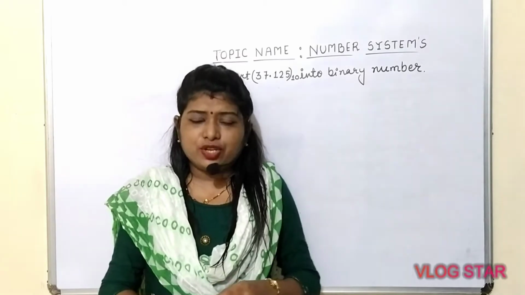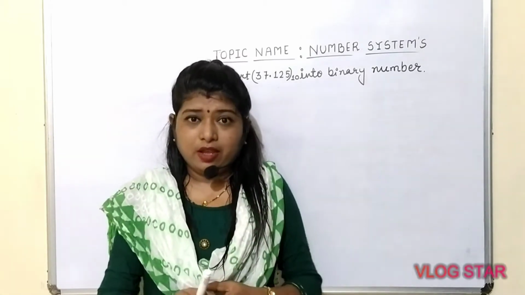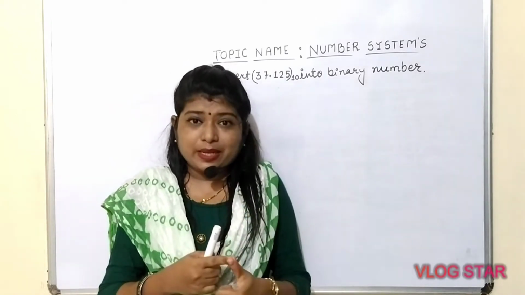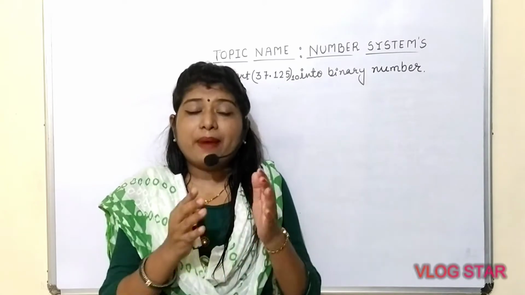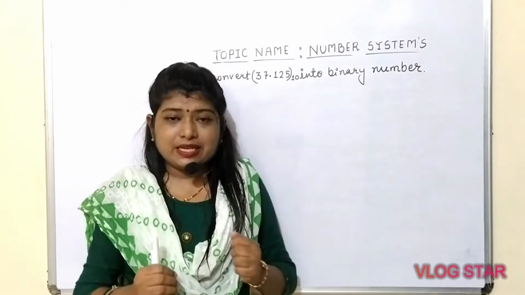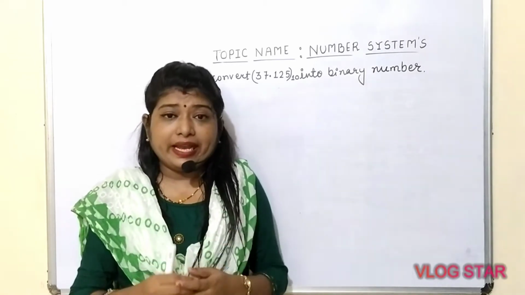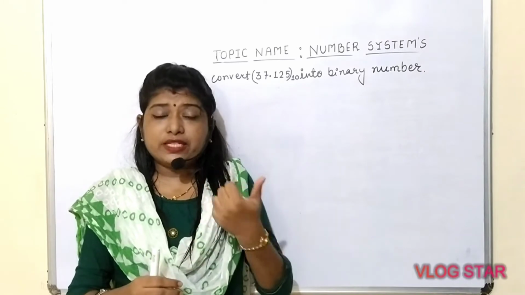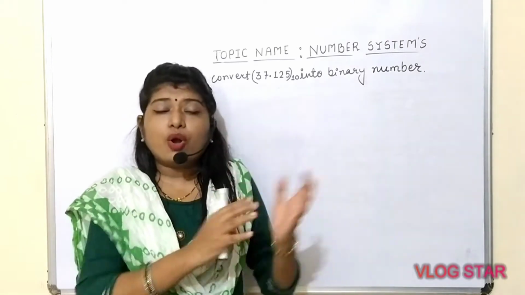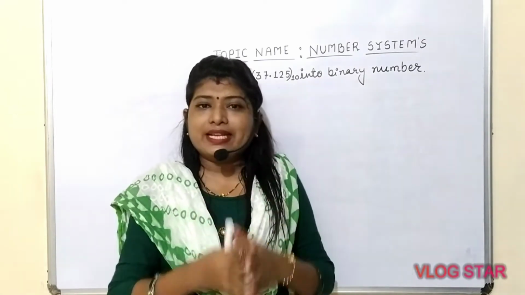In the previous lecture we had studied under number system there are four different types. Which were there? The first one was decimal number system, second one was binary number system, then we had studied octal number system, and then the last one was hexadecimal number system. Am I right? So can you just tell me the base for the binary system is what? It is always 2. For octal it is 8, for hexadecimal it is 16, and for the decimal it is 10.